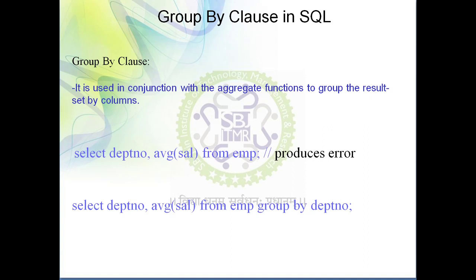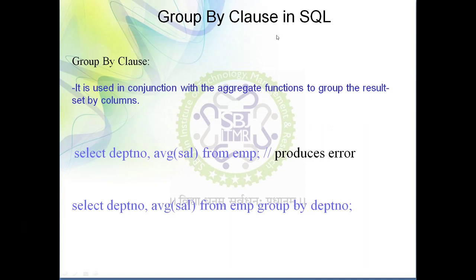Suppose I need to group the number of students present in a class based on city. I want to make a group of all students who belong to the city Nagpur. I need to form another group based on the city called Pune. So in this case, I am making a group based on some parameter. In the same way, whenever you need to form a group based on a particular attribute, you need to make use of a group by clause.